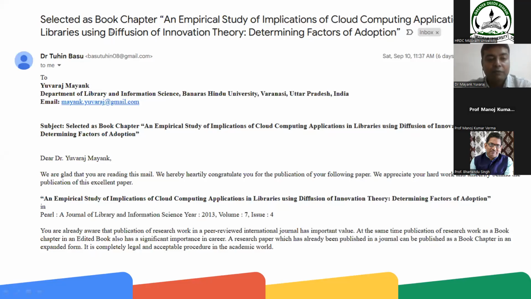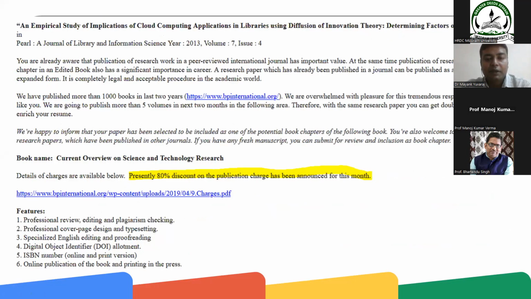And when I scrolled the mail, I got what they wanted to do. They are asking for some kind of charge, and they are giving me an 80% discount on the publication charge. And this charge has been announced for this month only. So these are some kind of traps, and you need to be very careful.